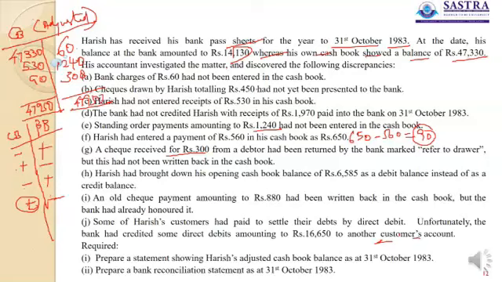60,240, 300, and the error. What is the error? What I said, we'll see to it later. 6,585. Put it here itself. Opening cash balance of 6,585 as a debit balance instead of as a credit balance, so that it has to be twice entered, then only it would be adjusted in the cash book.